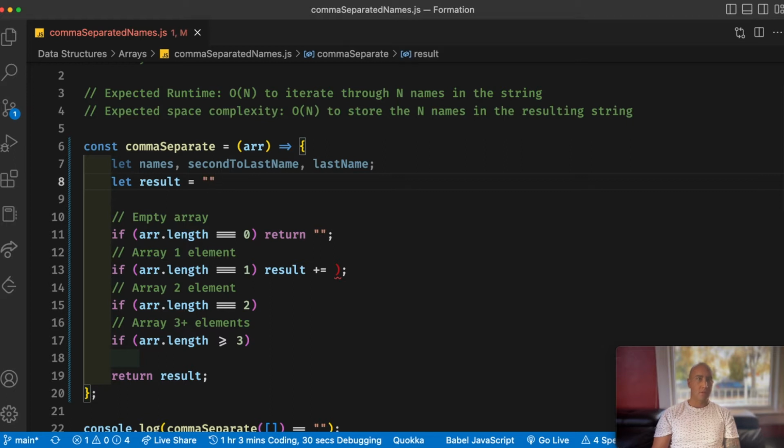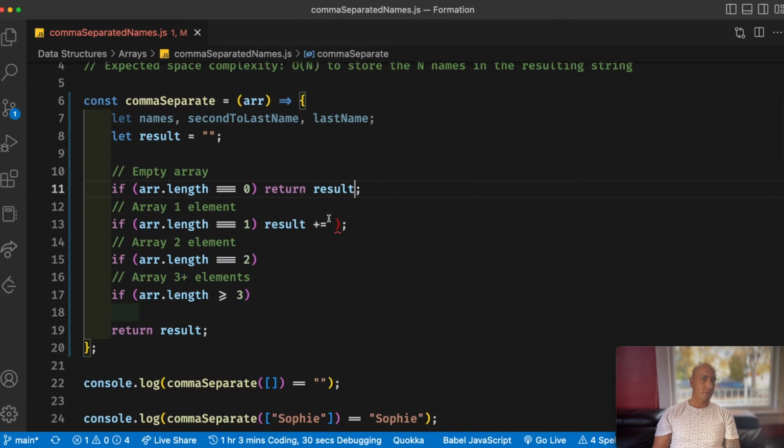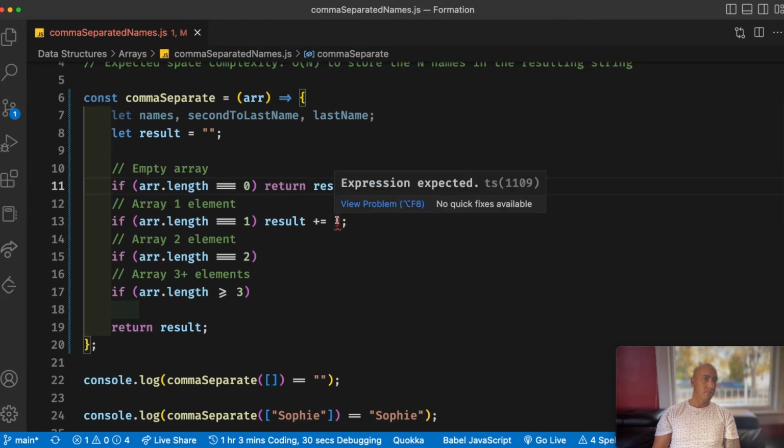Yeah, empty string. So if there's nothing in our input array, we'll just return result, the empty string, and then if we have a length of 1,